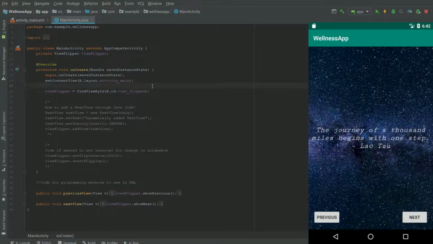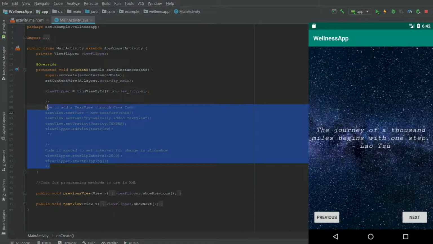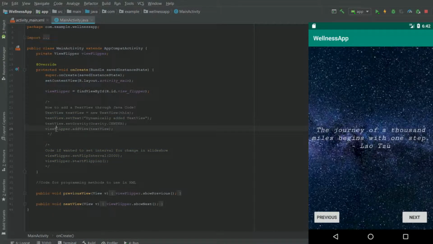So basically, what it does is this code came with a lot of extra code that didn't need to be used. For example, it automatically changed, but I didn't want that. But I saved it as a comment. So that's what these comments are. It's just marked differently with the slash and asterisk. So to briefly explain what it does, it's view flipper, find view flipper, and then it finds the view flipper, and then